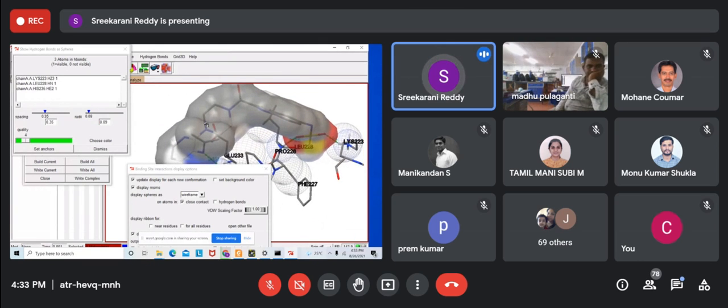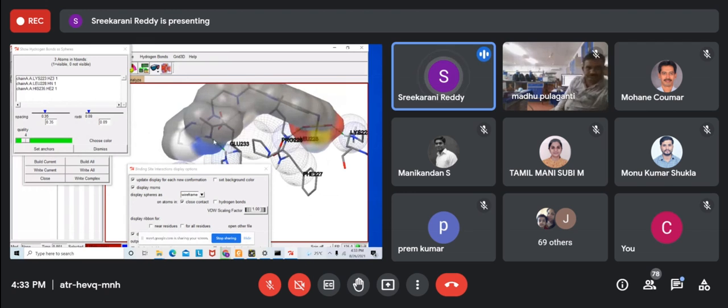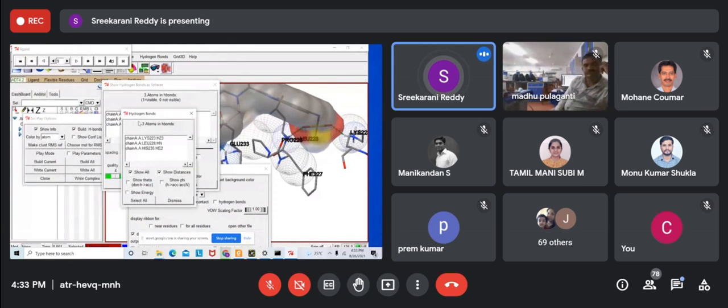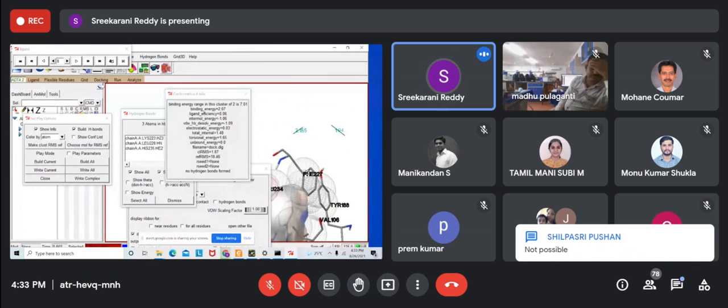If you generate more conformations, I got it from this. Whatever I have run before, 3 genetic runs, same structure, same small molecule, but I have generated 10 conformers. That's it. So this is the one, and these are the hydrogen bonds you are seeing, right? So if you try to see different conformations, you will be able to know the things.